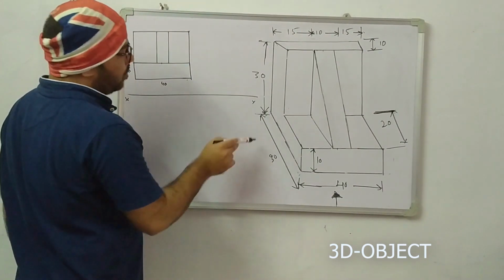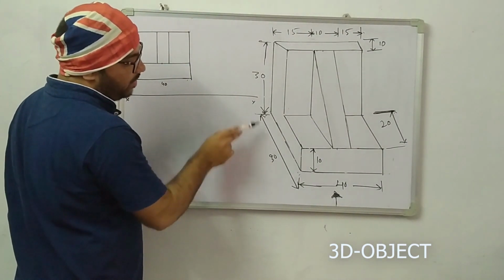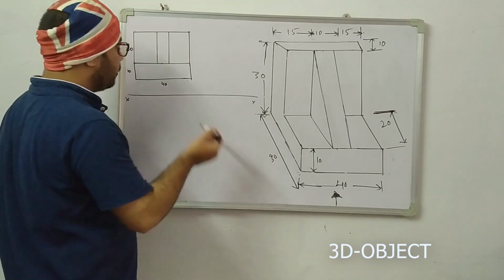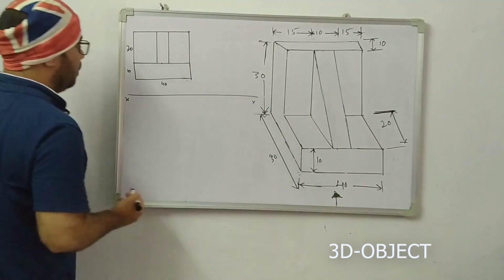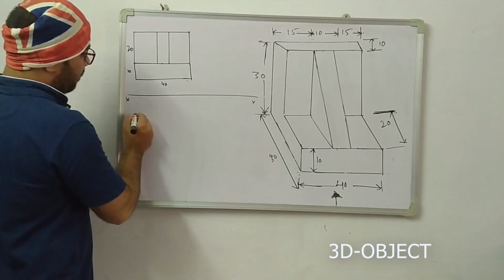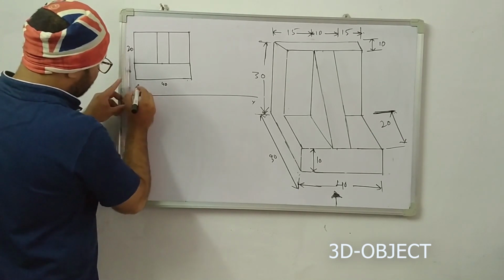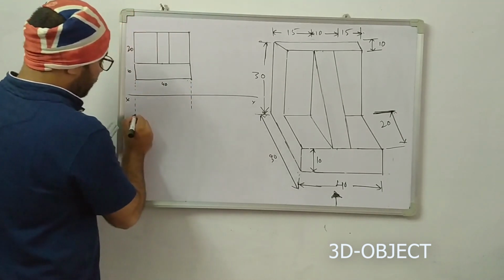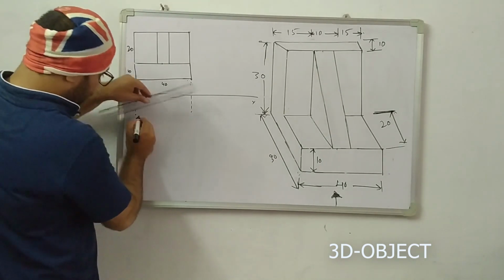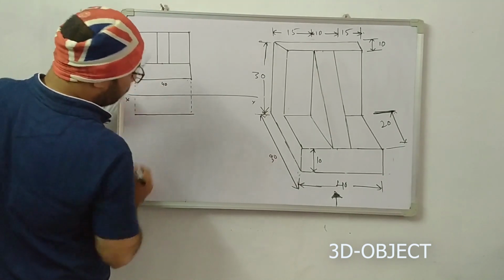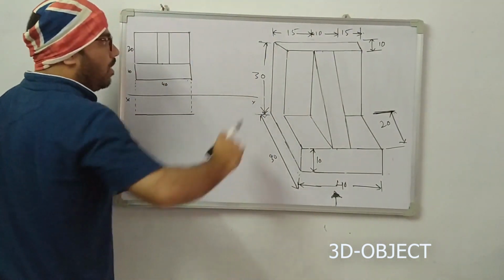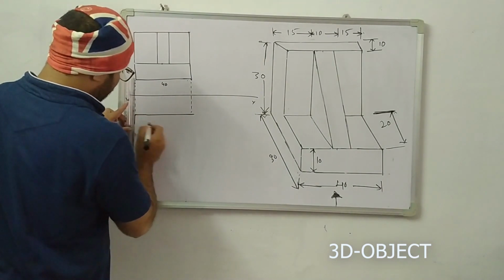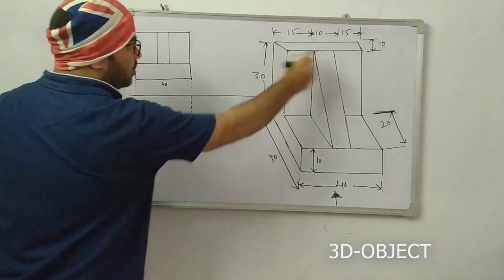In the top view, I am going to draw the width. The width is 30 mm and the length is 40 mm. So give some 20 mm distance from here and draw the projection lines, exactly the length. From there the length of the top view will be decided. The length is 40. Now this distance is 10 mm as mentioned here, so draw 10 mm. Now close that box.